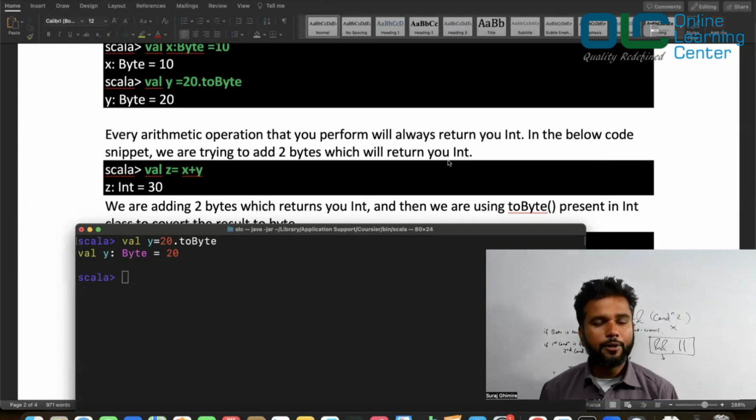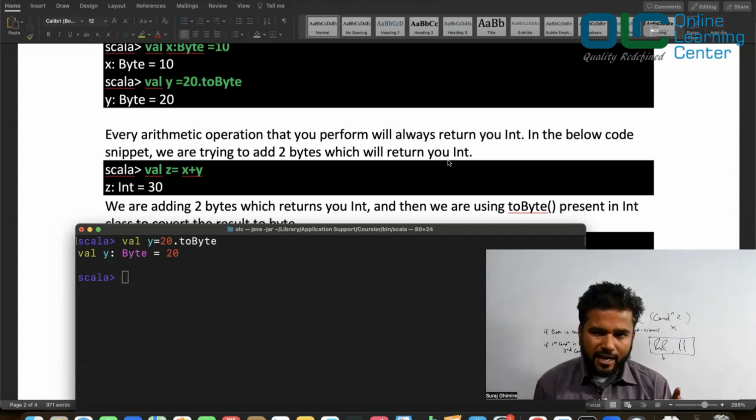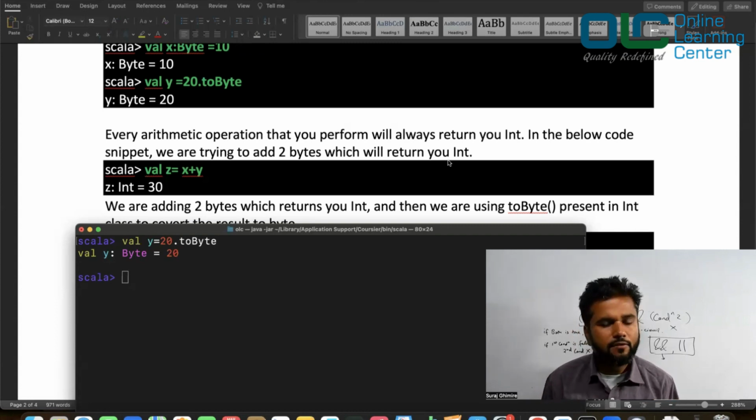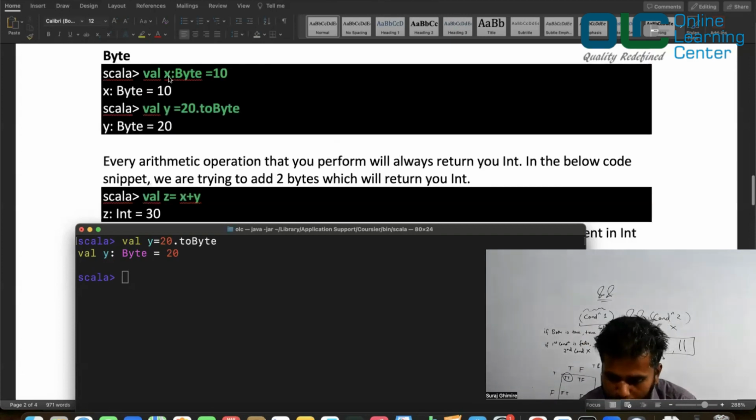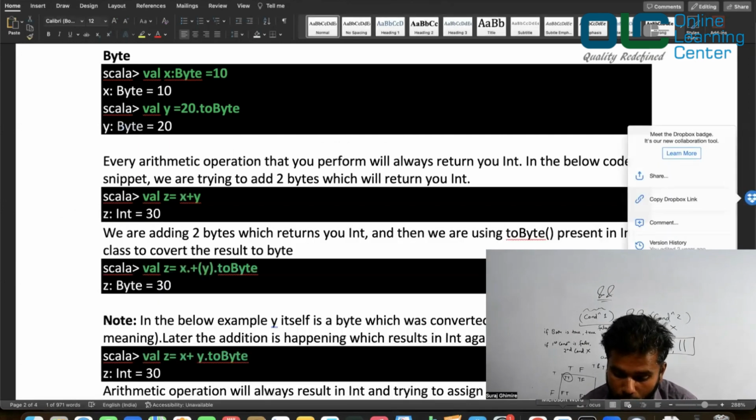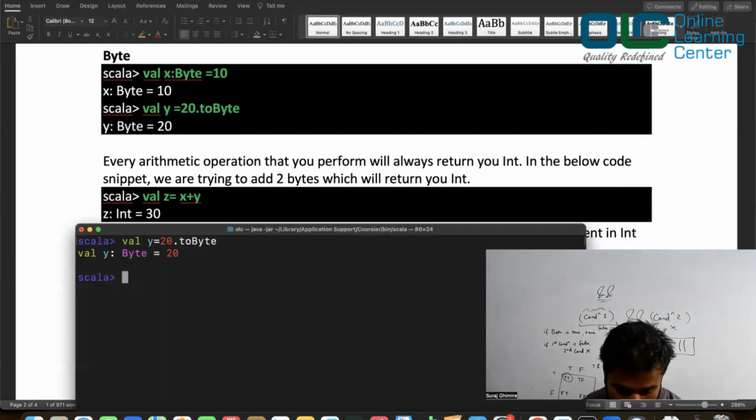Whenever you are performing plus operation on two integer kind of data types, then the result will always be integer. For example, if you see this code, x is 10, but what is the data type of x? X data type is byte. Y, what is the data type of y? Y is also byte. And what I'm doing is I'm saying z is equal to x plus y. If I do this,